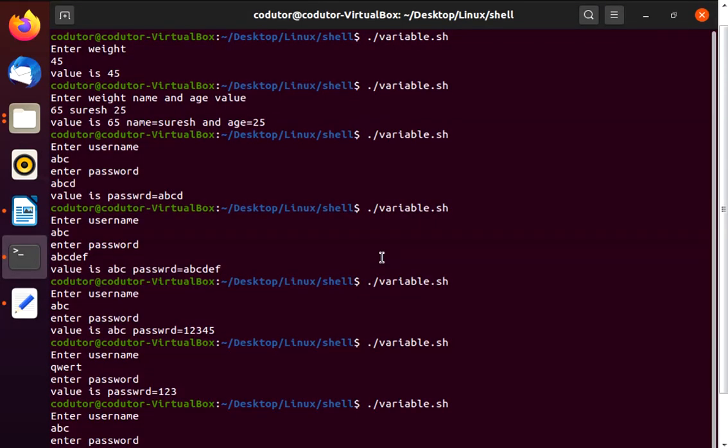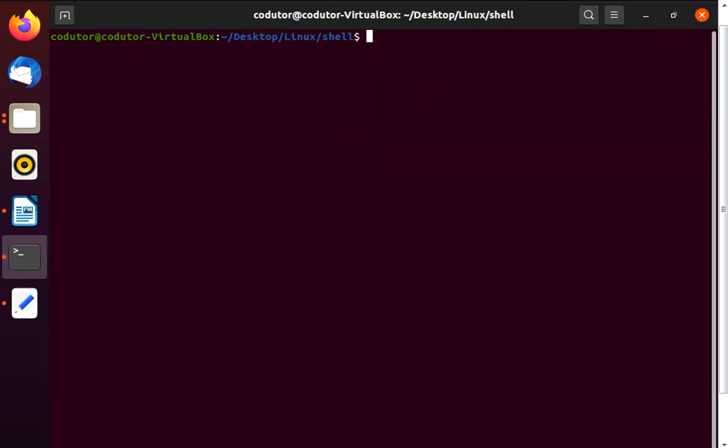So here you can see, this is how, using dot slash and your file name, we can execute our file. But after the file, if some values are passed to our code, these are the command line arguments, and we will see how we can store them. Let's go to the code.